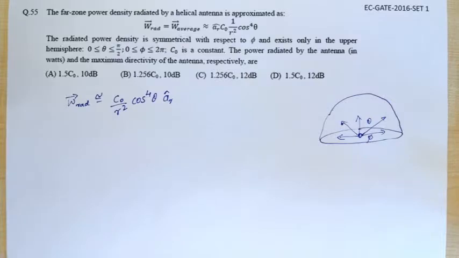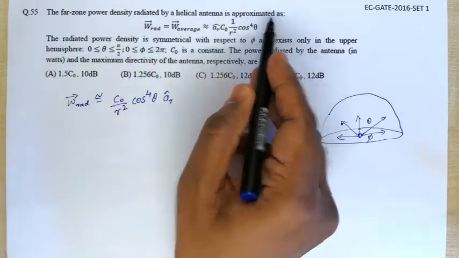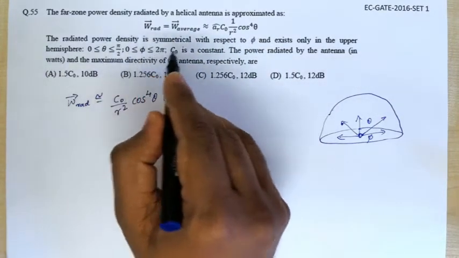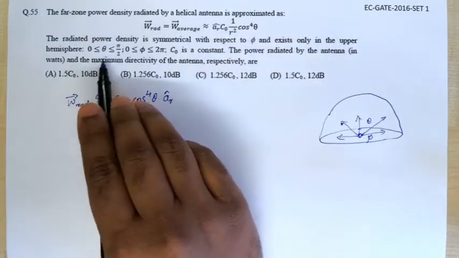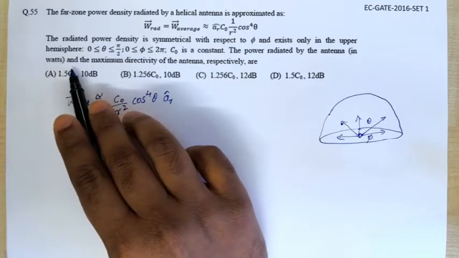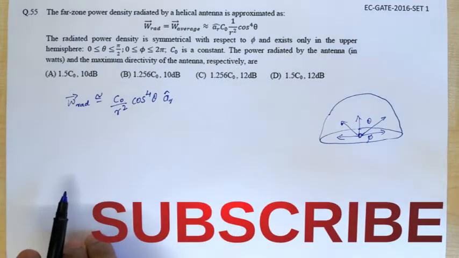This is a question on antennas, and the question is here. The far zone power density radiated by a helical antenna is approximated as W rad, and the radiated power density is symmetrical with respect to phi and exists only in the upper hemisphere. C naught is a constant. The power radiated by the antenna in watts and the maximum directivity of the antenna respectively are. So, we have to find the power radiated by the antenna, the total power,